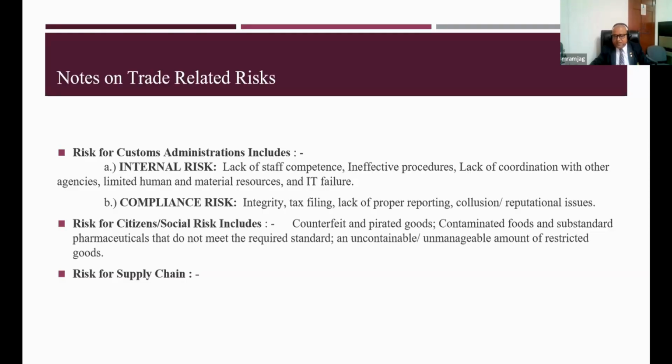Okay, so effective IT will be a very good tool here. Compliance risk, integrity, tax filing. These are all compliance risks. Lack of proper reporting, collusions, reputational issues, risk for citizens at large. This would include counterfeiting, pirated goods, contaminated food and substandard pharmaceuticals. These are